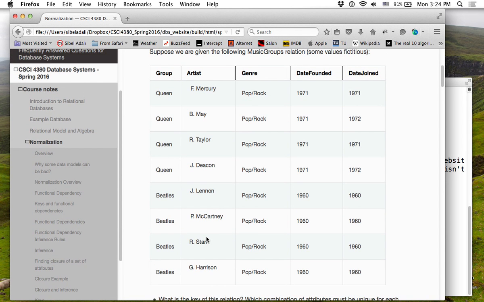Suppose you have this database of music groups. I don't actually care about Beatles, but I put it in there. I'm a Queen fan. So I read this thing on Facebook that Ringo Starr took the quiz, which Beatles are you? And he came out as John Lennon. So that shows you how good those quizzes are. All right,